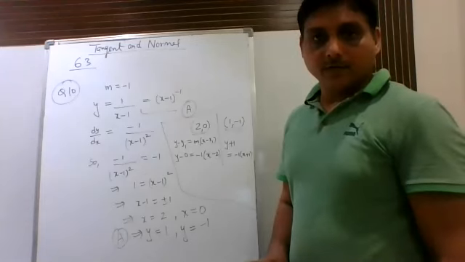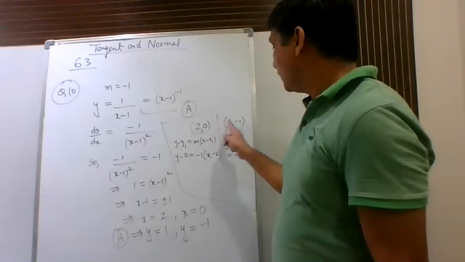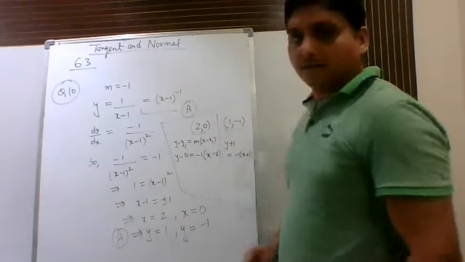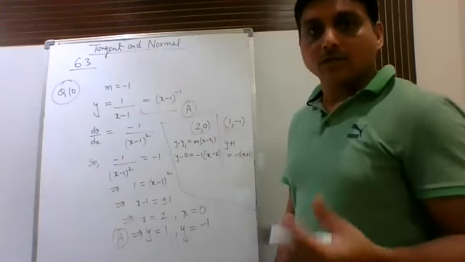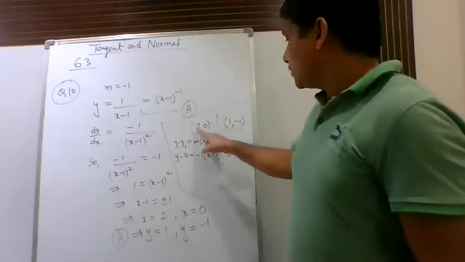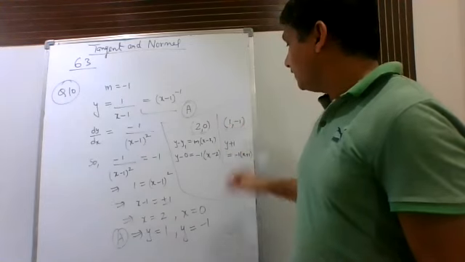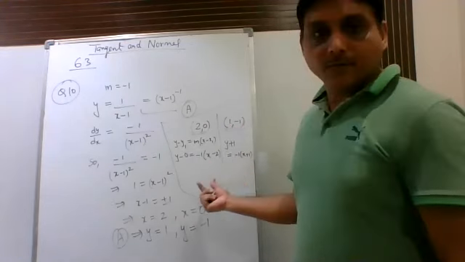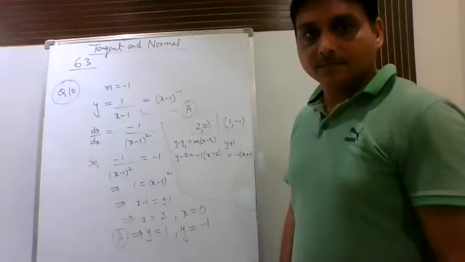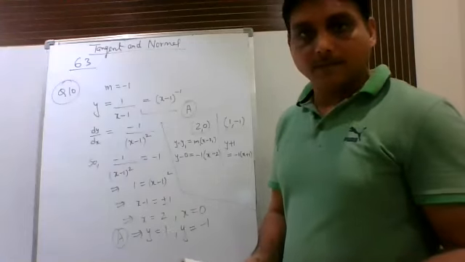So what exactly are we doing? We are just finding the point. First of all, we have got the points: one point is 2, 0 and another point is 1, minus 1. Now they are saying find the equation of such tangents. So two tangents are possible: the equation of the tangent at 2, 0 and the equation of the tangent at 1, minus 1. Just apply that one point formula and you will get the answers. So this is how we can do question number 10.